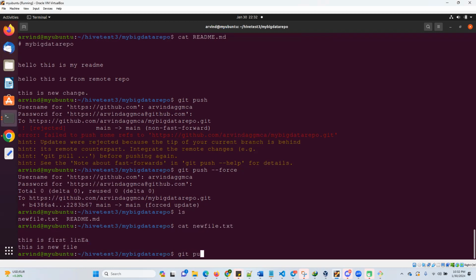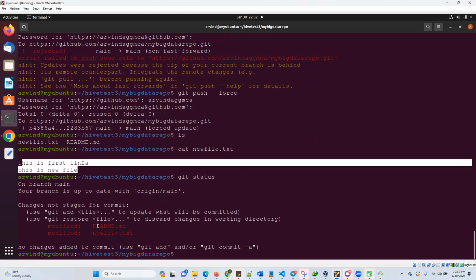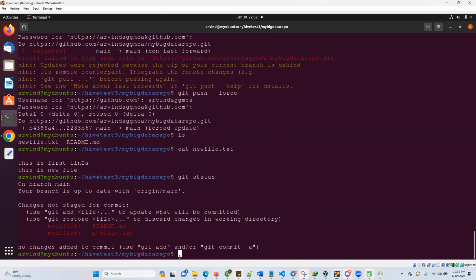Now you do git pull, because if you see git status, it will say nothing to commit. It will show the untracked changes, because if I see the content of the file, it is updated. But originally, this file is showing as modified in the commit area. So if I do git pull,